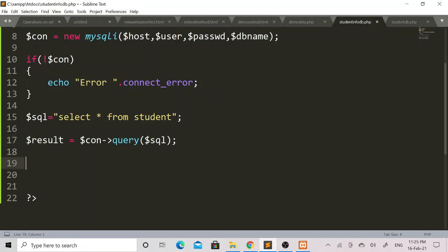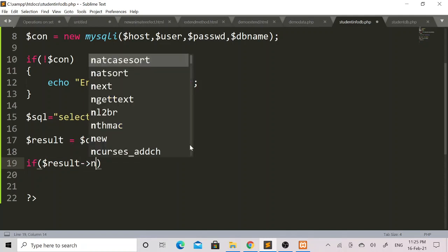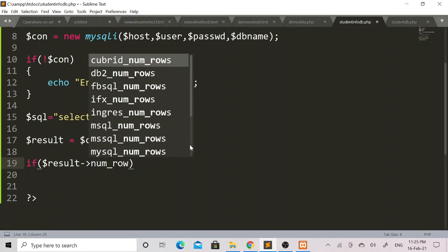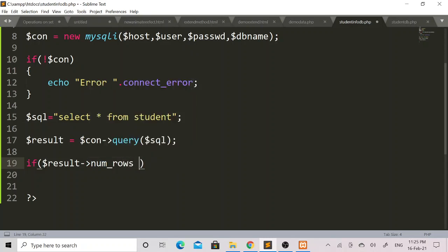Now here I will add one if condition. If $result arrow operator num_rows greater than 0.